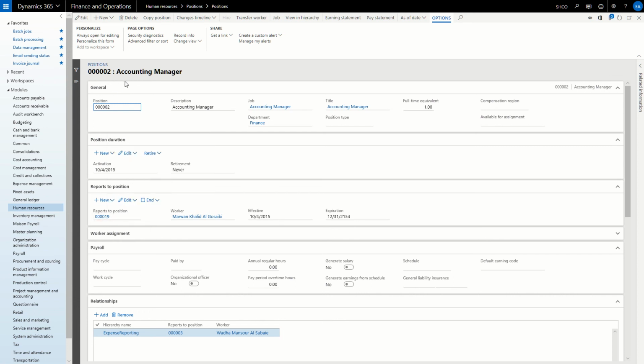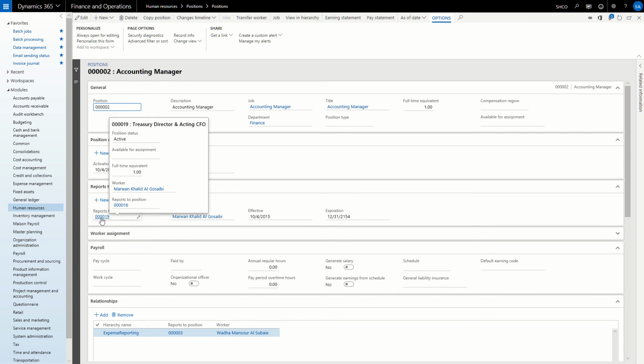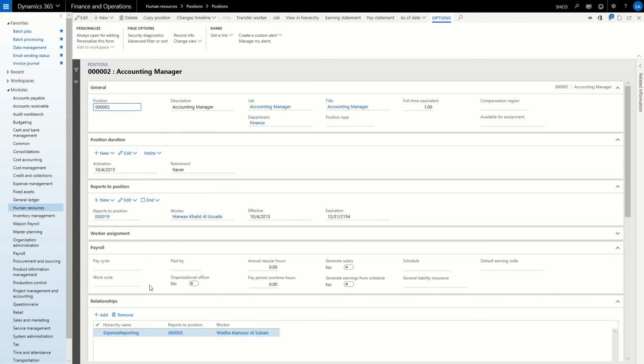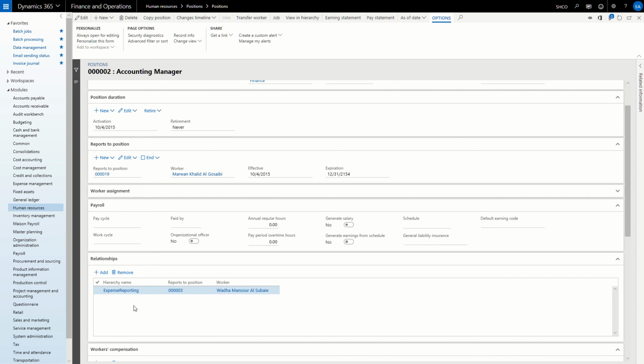For instance, he is the accounting manager and he is reporting to the treasury director and acting CFO. On the other hand, I wanted to specify my own hierarchy. So what I did is I added a relation here with the hierarchy that I've created, the expense reporting, and in that I specified he is also reporting to a position who is the HR manager. Now doing so and saving the information here,